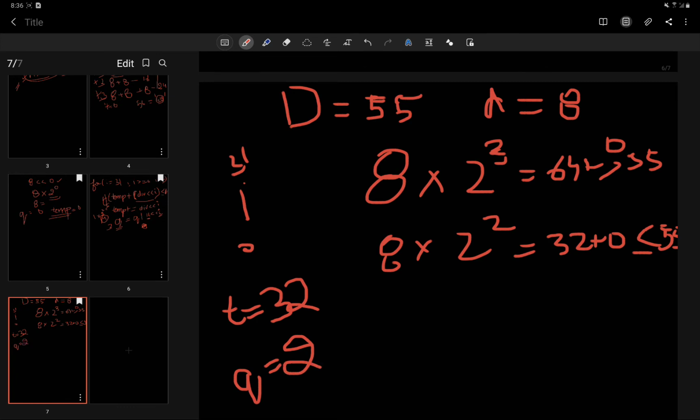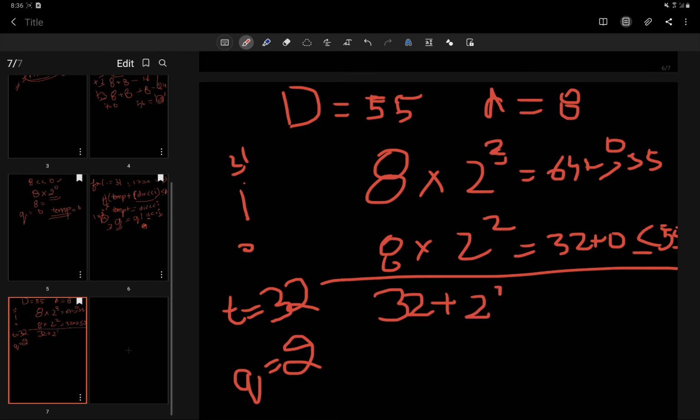Now for 2 raised to power 1 we will check. 2 raised to power 1 is 2, and 8 into 2 is 16, so 32 plus 16 is 48.